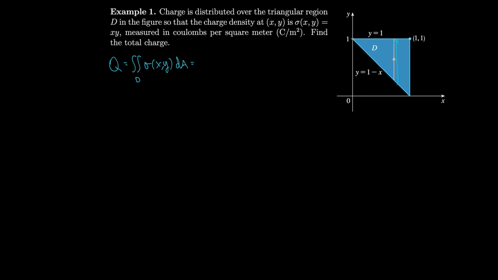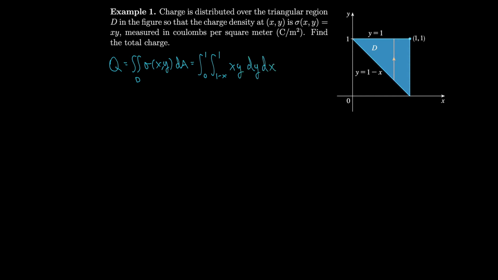We integrate from bottom to top, so we integrate from y equals functions of x, so we'll integrate y from 1 minus x to 1, and then x from 0 to 1. So we put x on the outside and y on the inside,